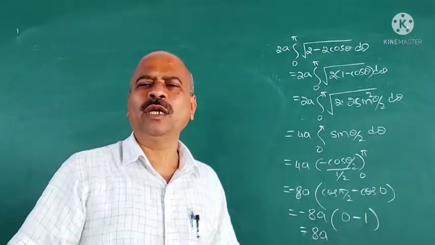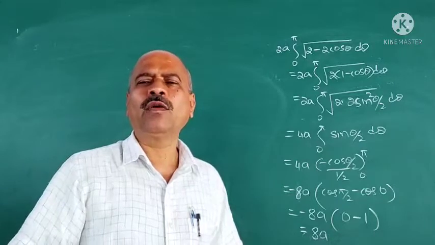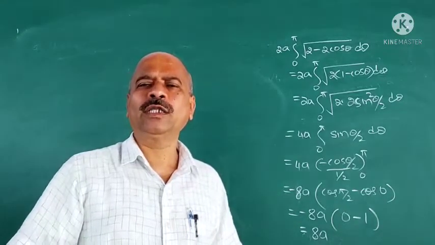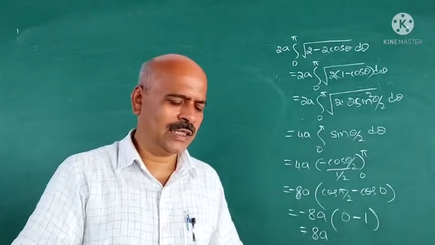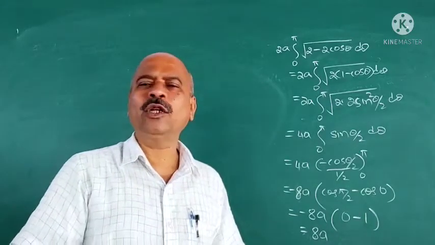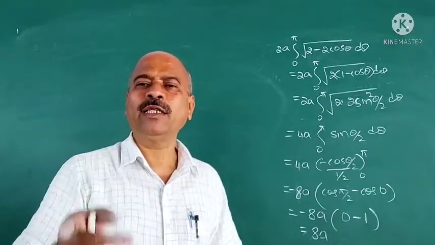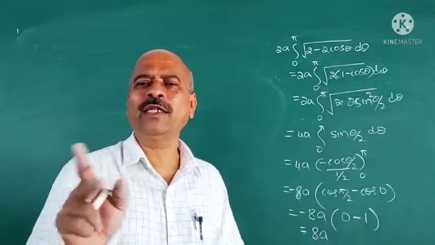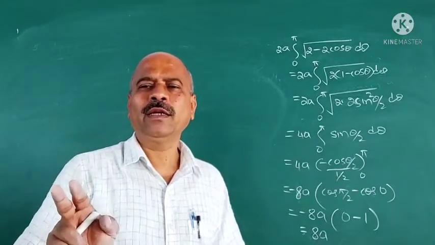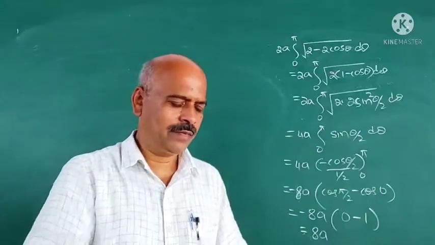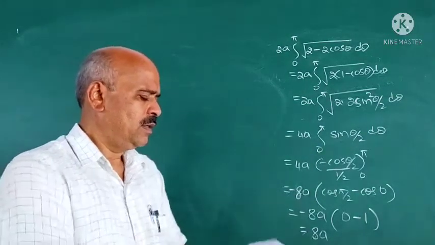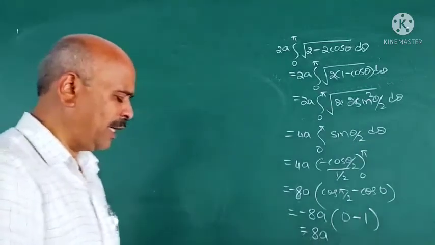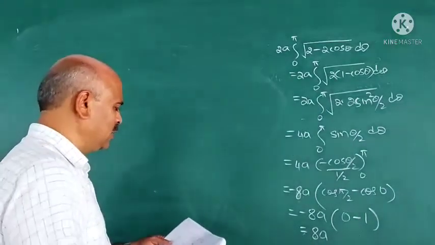The length of the complete curve of the cardioid is 8a, the length of the astroid is 6a, and the length of the cycloid is also 8a. Cycloid and cardioid are the same, 8a. Astroid is 6a. Now these are some problems, and for the remaining cardioids, you try this, the answer will be the same.